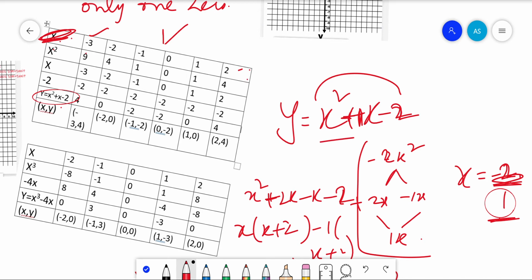And then what terms does the polynomial x square plus x minus 2 have? So x square you have to consider, which means square of x. So minus 3 becomes plus 9, and if x is minus 2, x square is 4. If x is minus 1, x square is 1. Like that you will get. And x values you write as they are, and minus 2 is a constant, a fixed value, so minus 2 as it is you have to write. Then add these three together, x square plus x minus 2, you will get the y values, and respective y values you plot on the graph.